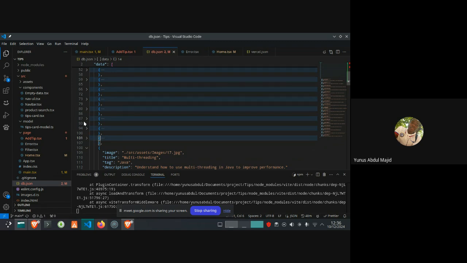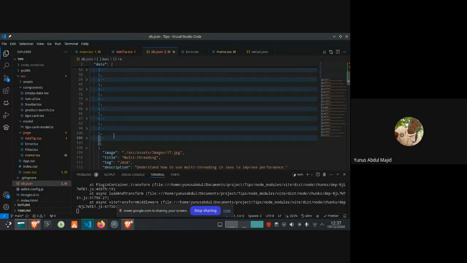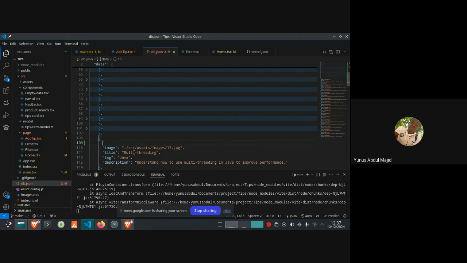It's more of a copy and paste kind of thing while working on this. That is why I'm setting an ID for each of them so that they will be unique.